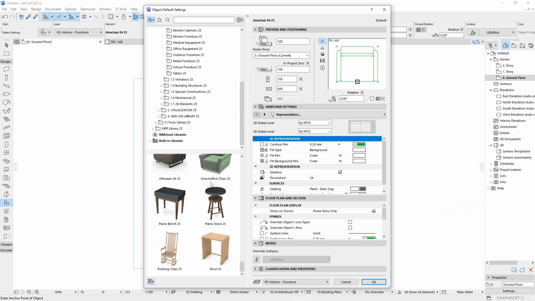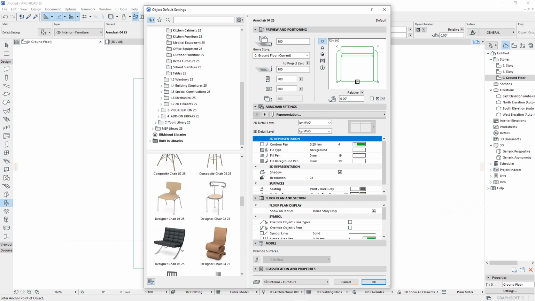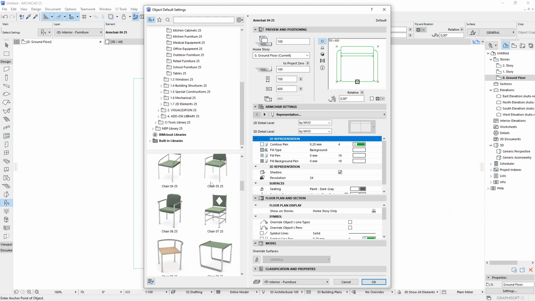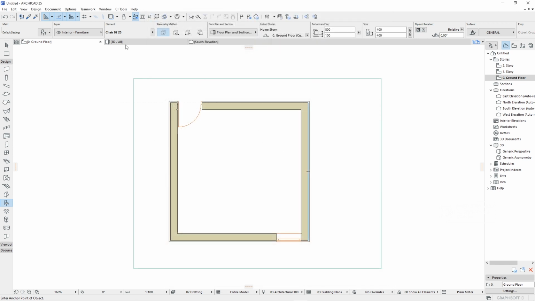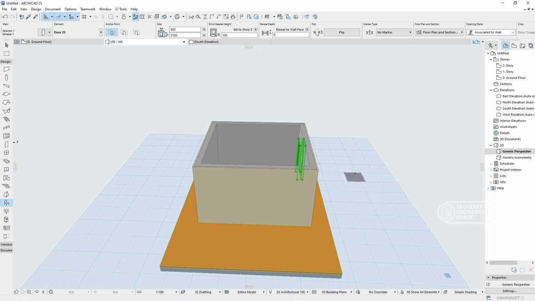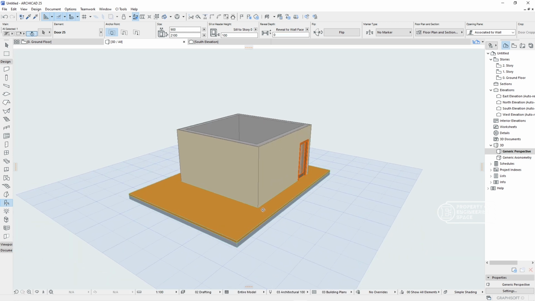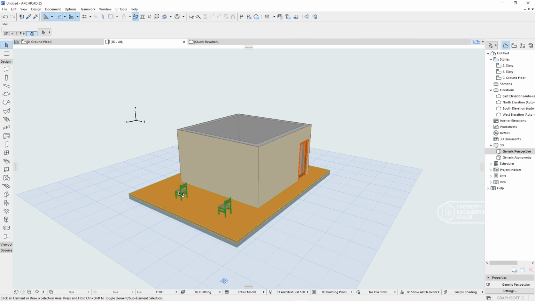I think this one, maybe this one will be good, because it looks like something cool. And keep in mind, you can also put it in the 3D views. For example, like this one, let me put it here, something like this one. Okay,